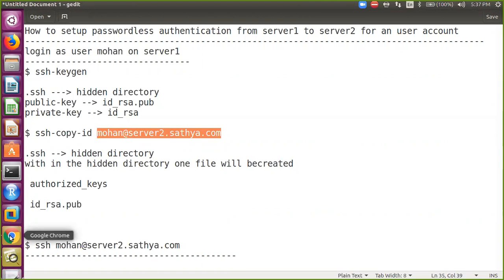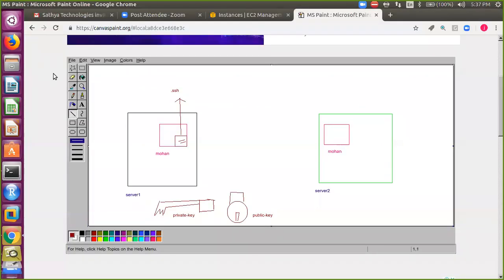When you enter this second command, it will create one hidden directory named .ssh in Mohan's user account. Within this .ssh, it will create one file.